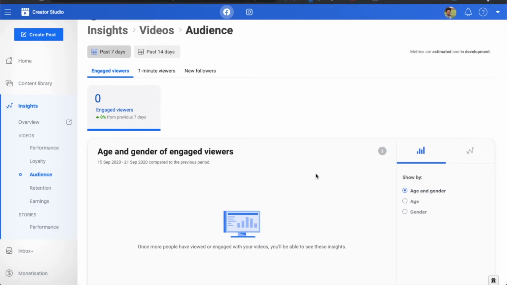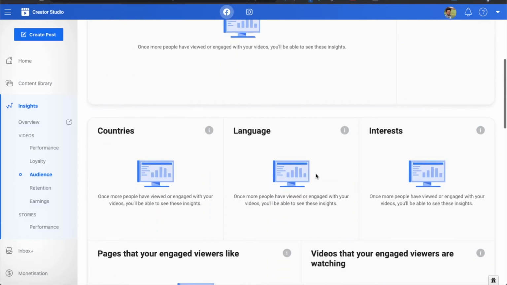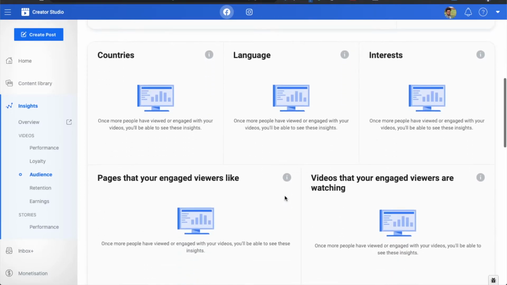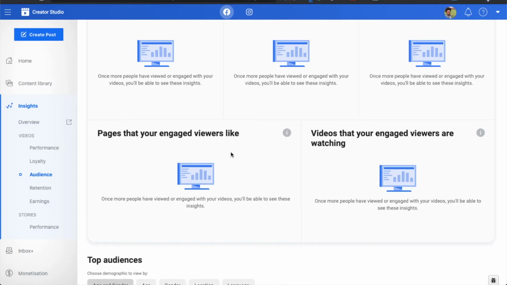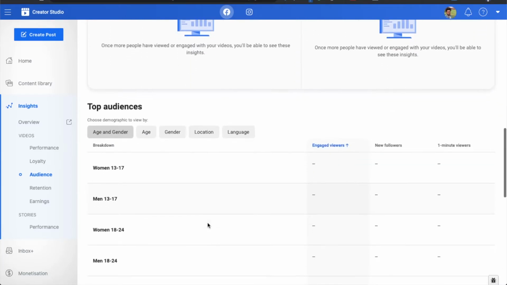Now comes the audience. From here you can get a persona about your audience. What is the age group of your page followers, what is the gender, what language they use, what type of interest they have, what type of pages your viewers like.